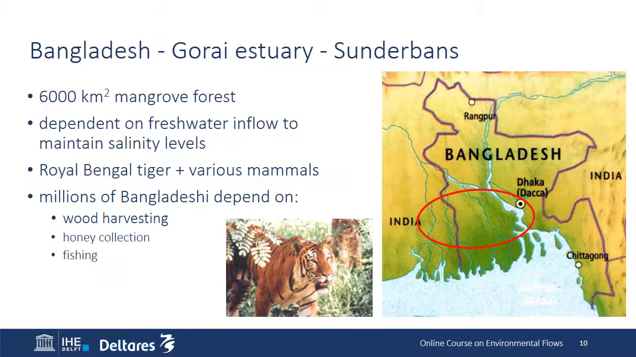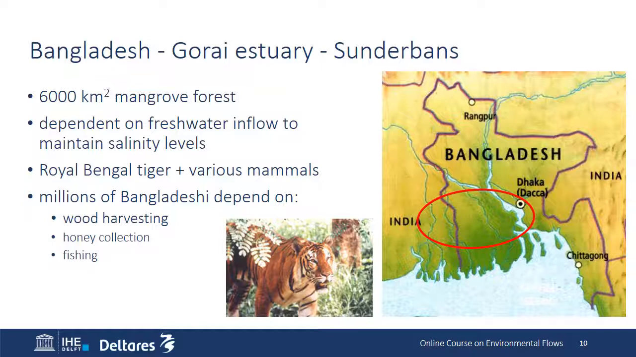Another example is the Sundarban area in Bangladesh. The Sundarban area is a large mangrove area of 6,000 square kilometers, and that Sundarban area depends on freshwater inflows from the Gorai, which is an offtake of the Ganges, to maintain low salinity levels. If salinity levels would increase, it would still be a mangrove area, but it will have a different type of